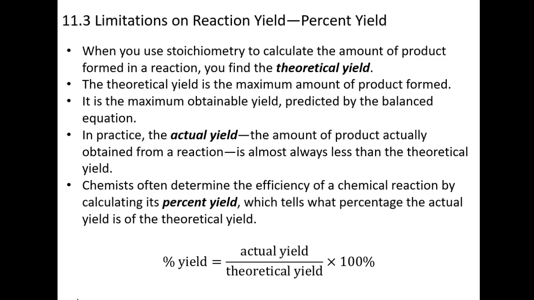So there's many reasons why we rarely actually isolate 100%. It could be because of our technique, we dropped a little bit of it, or we didn't perfectly isolate every single morsel of atoms. Or the reaction just does not go to completion. Sometimes reactions don't go to completion for whatever reason. They only go to maybe 50% completion, so we only isolate a portion of that 50%. So what this calculation does is it tells you what percentage of the product you actually isolated